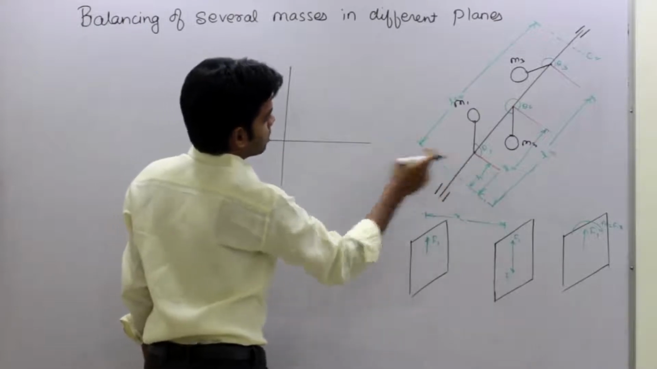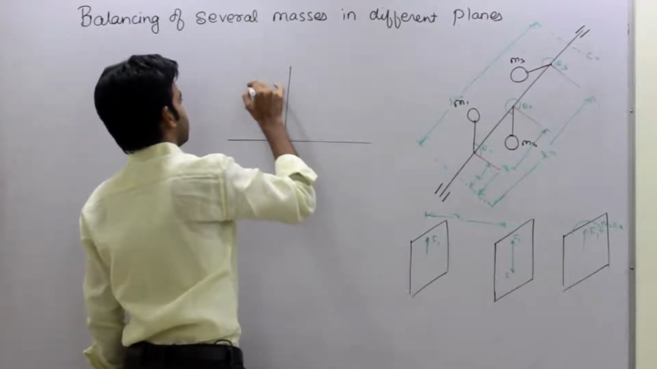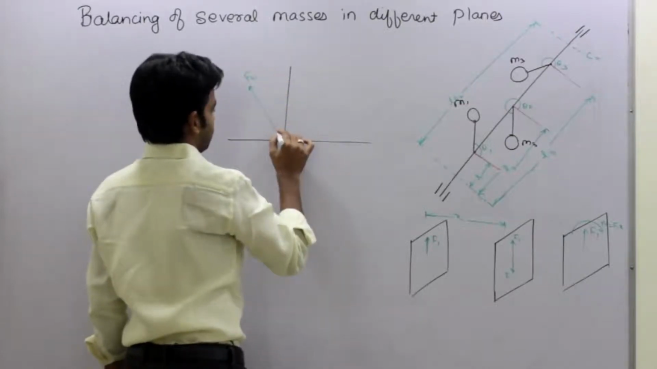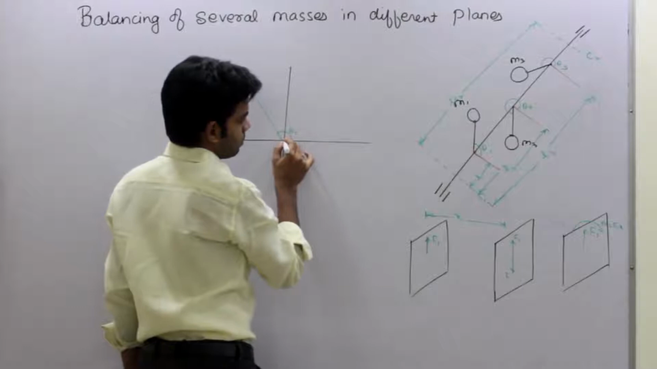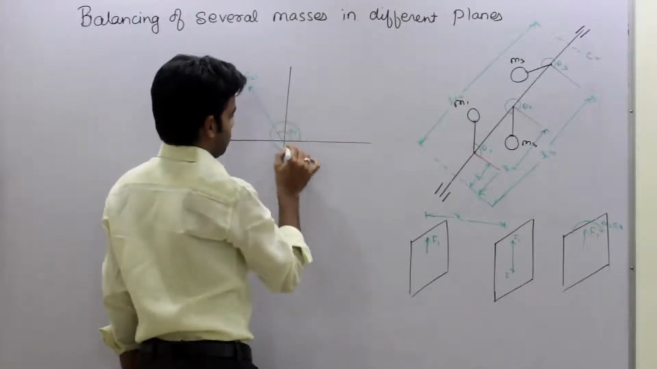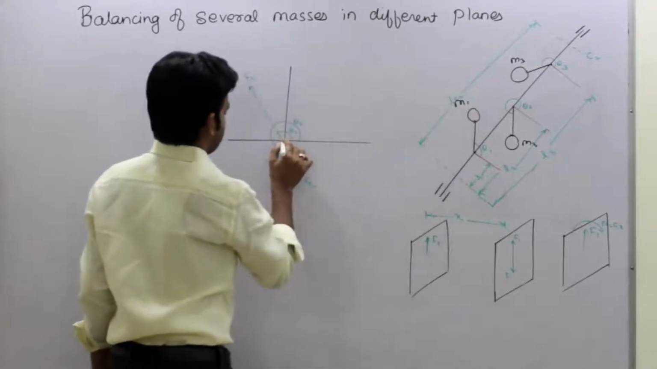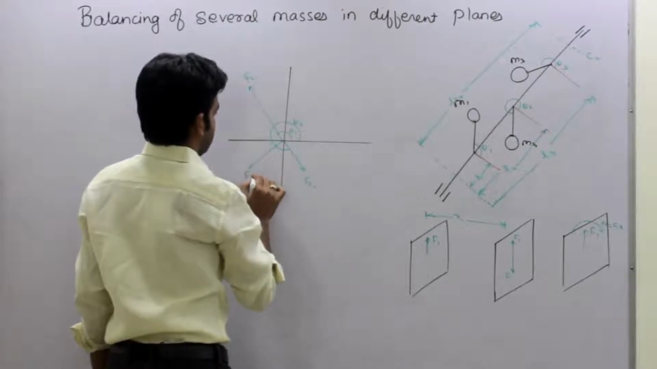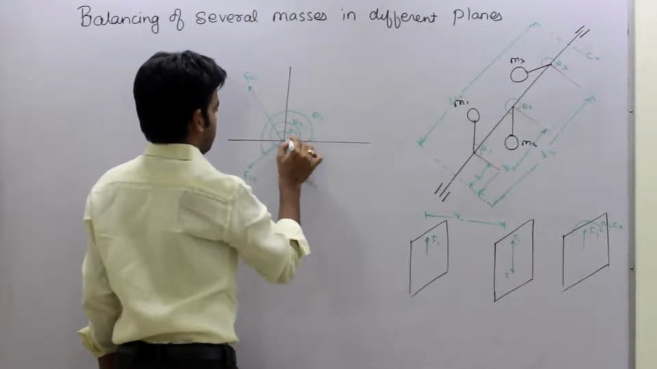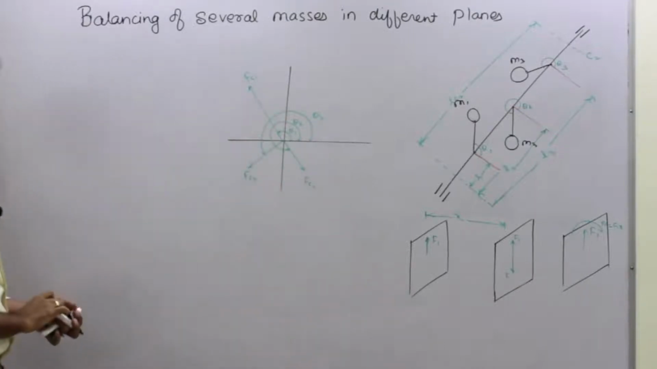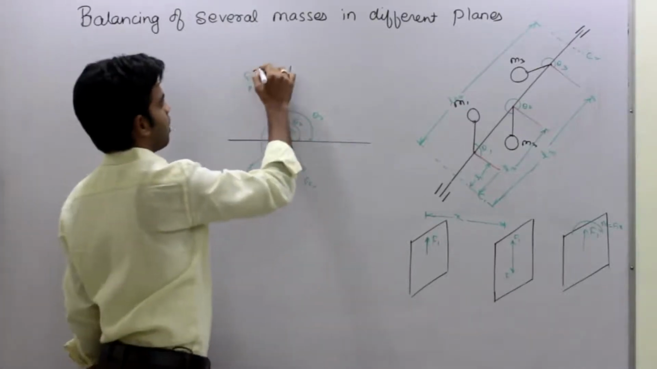Okay, so first is theta 1, at an angle theta 1. Second is theta 2, and last is theta 3 here. Getting this now? Okay. Now these forces that are transferred are equal to m r omega square, as we know,